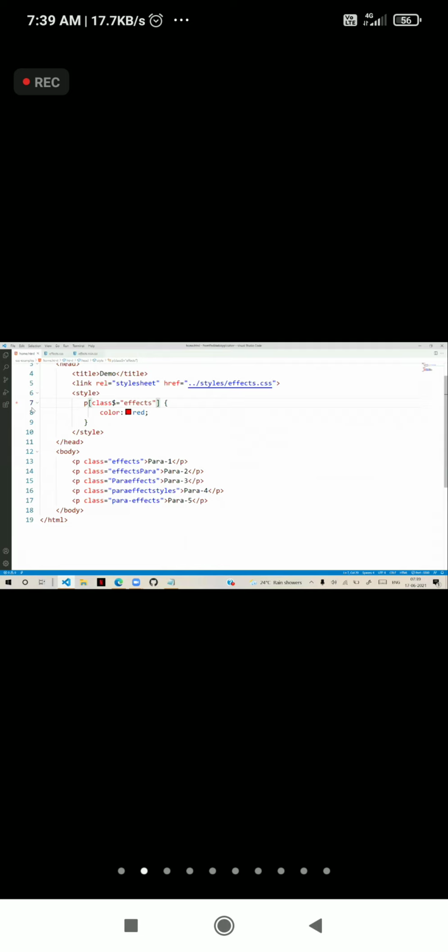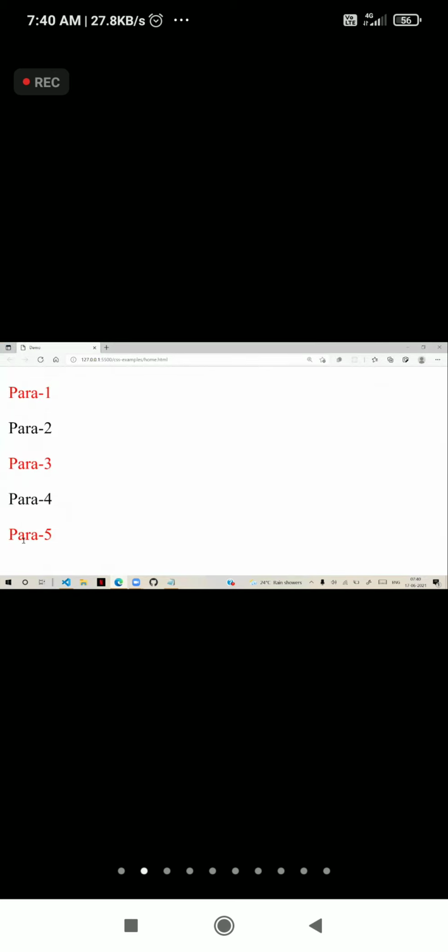For which paragraph will it apply? Obviously the first paragraph also will apply. Why are you missing the first paragraph? Because the first paragraph is starting and ending both, right? So it will apply for the first paragraph, and for the third paragraph, and it is going to apply for the fifth paragraph.